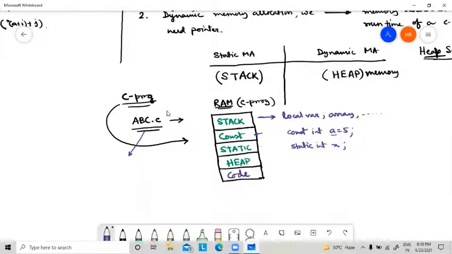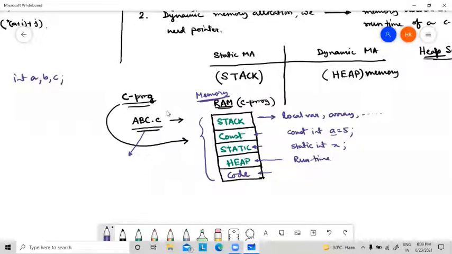This variable will be allocated in the static memory position. If you allocate any memory at runtime, then it will be allocated in the heap memory. You have written some code, it will create some exe file, all those things will be allocated in the code memory location. So this is the total memory division of a C program in RAM. Whatever normal variable, suppose I declared int a, b, c, you can check it.